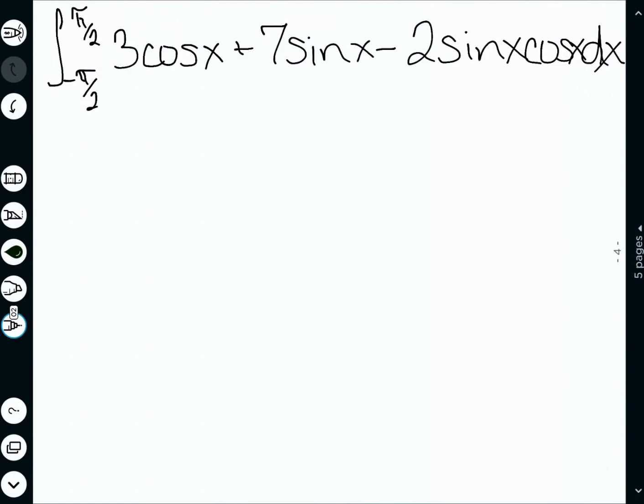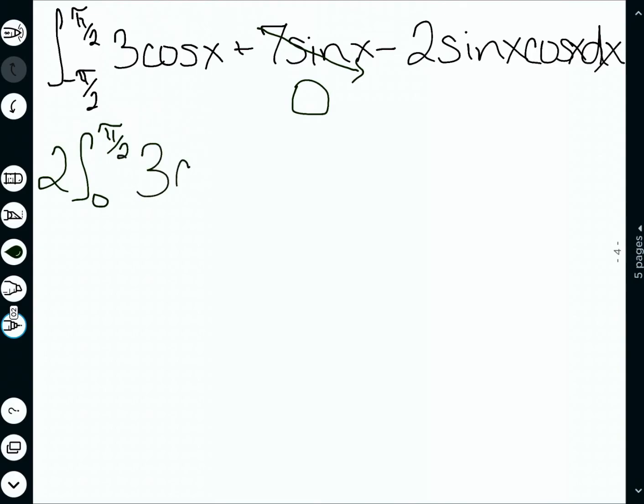Well, let's think about the even and odd here. We don't really have exponents, but we can think of the graphs. And if you know what the graph of cosine looks like, you know that it's symmetric with respect to the y-axis. So it's going to be even. Sine, on the other hand, is an odd function because it's symmetric with respect to the origin, so that's 0. I now have 2 times the integral from 0 to pi over 2